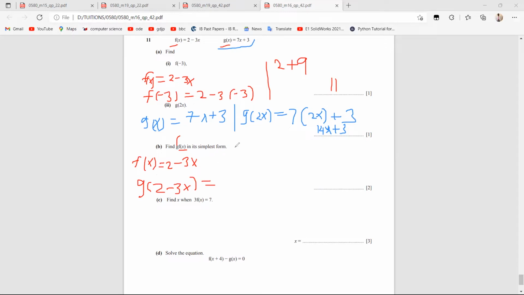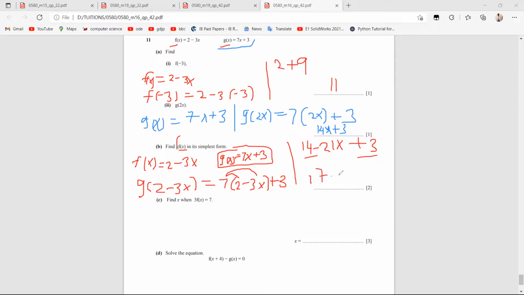All right. Remember, function g looks this way. Let me just put it in a box here. g(x) looks like 7x plus 3. Okay. So I'll just put 7, and where there is x, I feed the whole of function f in it. Then there's plus 3 outside there. So what will I have? If I distribute this 7 into the brackets, I'll have 14 subtract 21x, then plus 3, okay? What is 14 plus 3? These are like terms. I'll get 17 minus 21x. That's my answer for the composite function in part B. How about